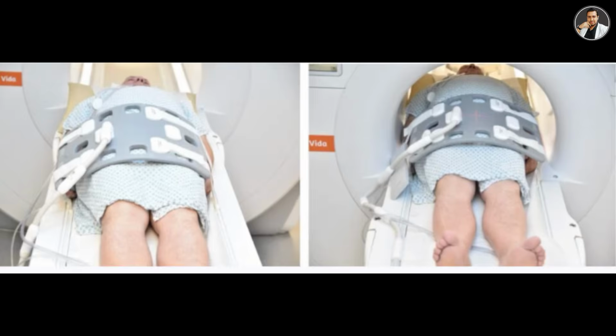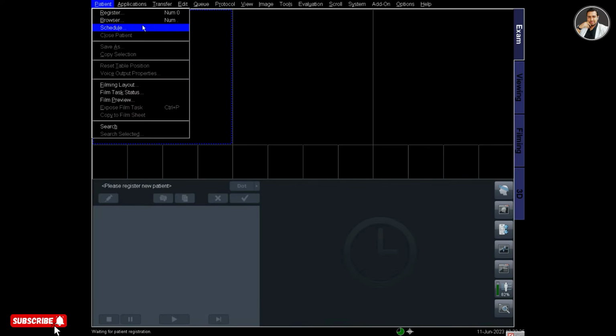For MRI of whole abdomen, position the patient head first supine and place the body coil over the abdomen area so that the whole upper part of the liver and down to the symphysis pubis is covered, and tie the body coil with a strap and give a headphone to the patient and a squeeze ball in the hand.